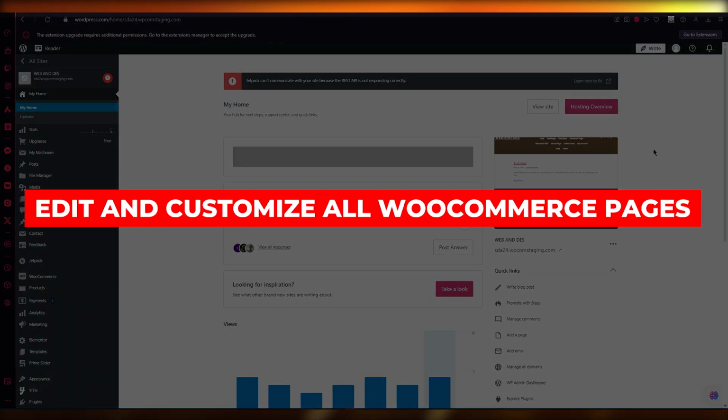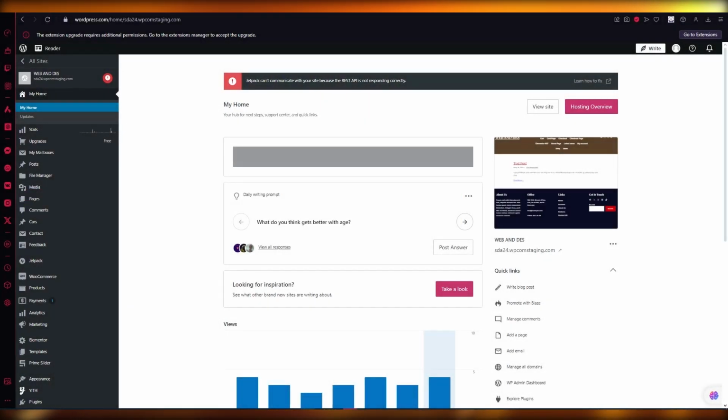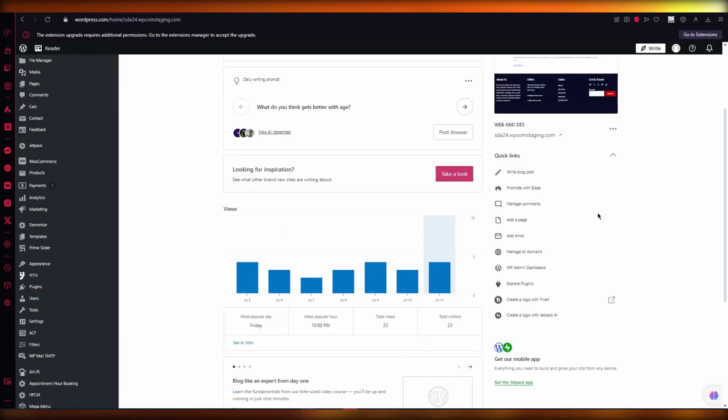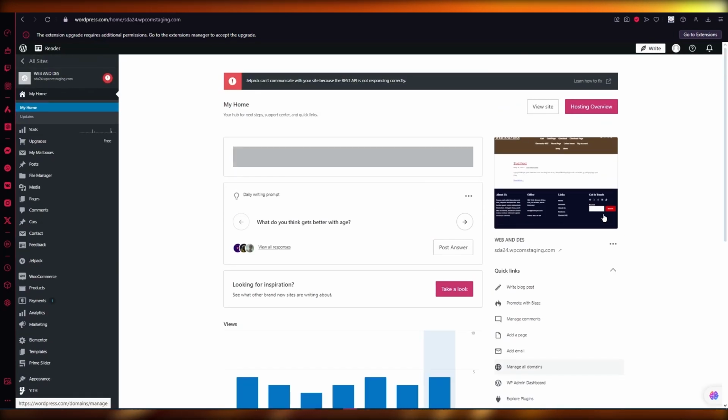How to edit and customize all WooCommerce pages easily and for free, no coding needed tutorial. In this video, we're going to be talking about WooCommerce and how you are going to use your basic, you could say, editors in WordPress. And in our case, we're going to be using Elementor, the free version, in editing all of your pages in